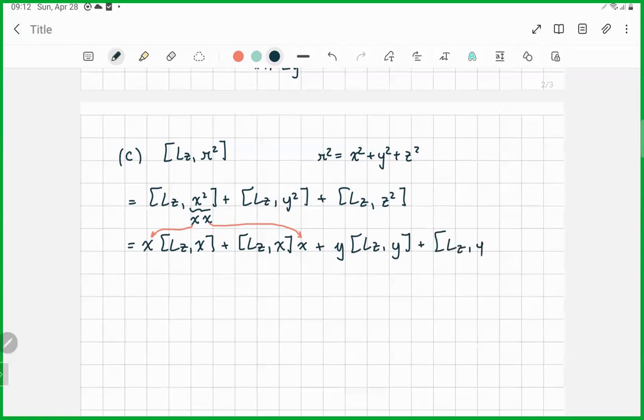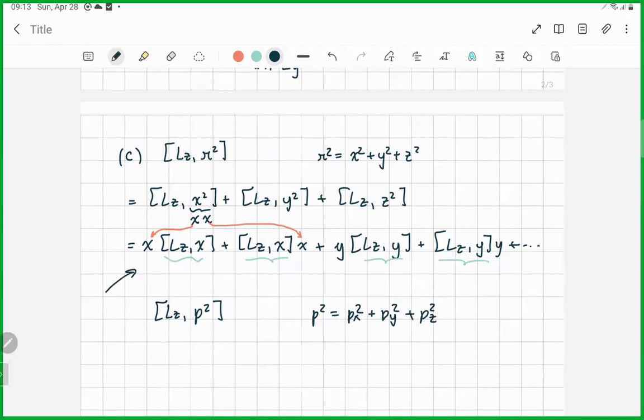LZ with y, and the same thing for the z. And then you substitute what we saw before for each one of these commutators, okay? So that's the idea. And then the same thing, similarly, you do that for p squared. What you have to do? Well, substitute p squared by px squared plus py squared plus pz squared and open the commutators as we did